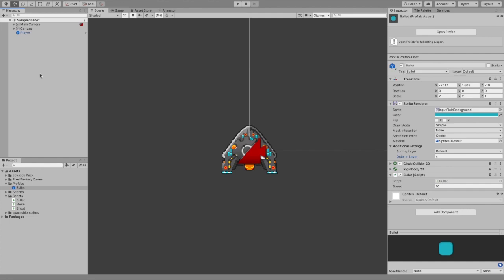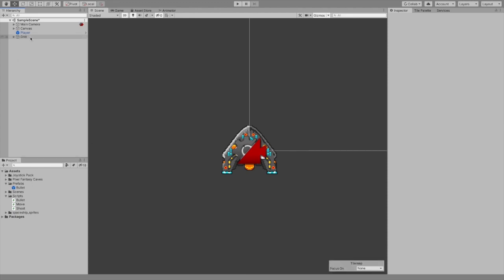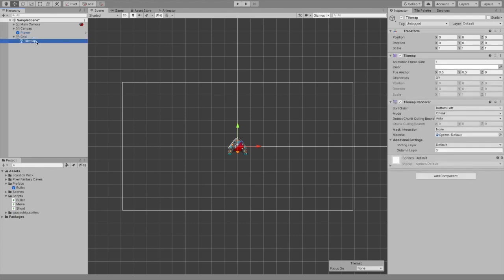So now we can continue with building the map, and for that I would like to show you how to use a tile map system in Unity. So if I go under the hierarchy, let's right click on the empty space, and under the 2D object let's select tile map. We can see that we get a new grid object, and there we have a new grid which will be a base for our map,